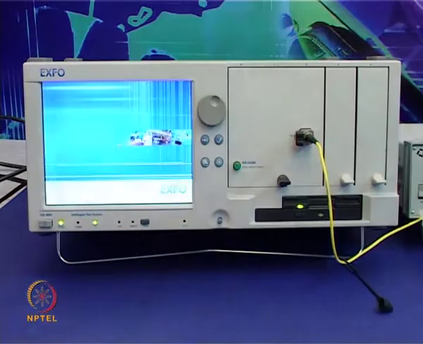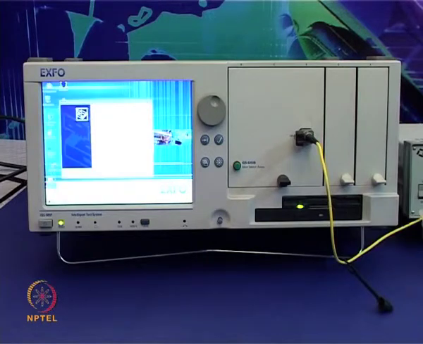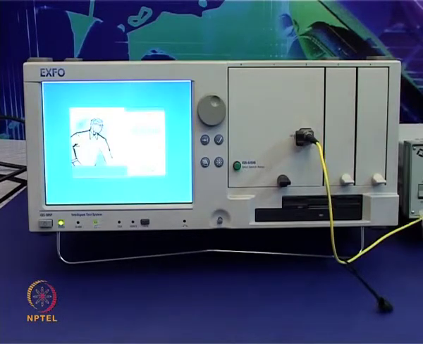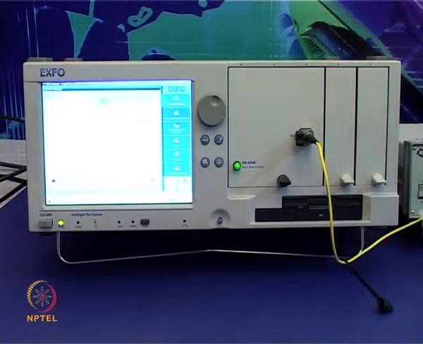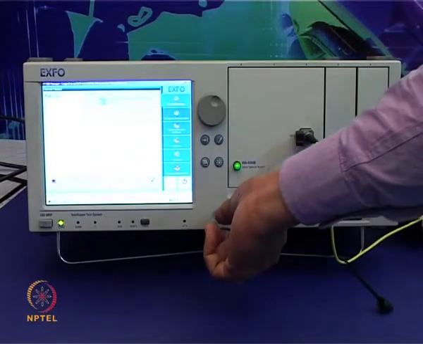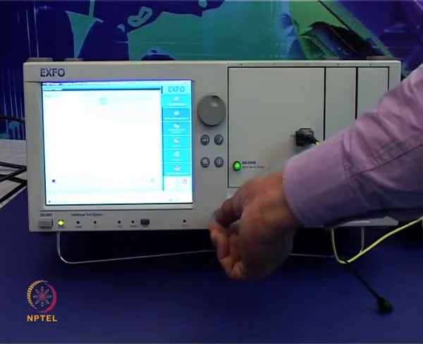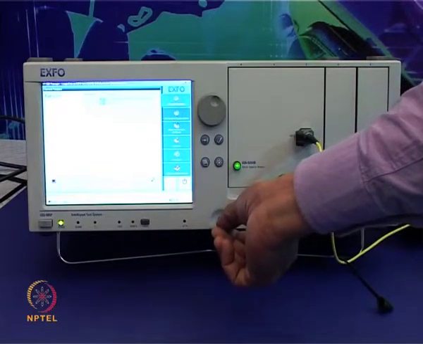The demonstration of optical spectrum analyzer. The screen shows the startup. As this has multiple modules, one of the modules which shows optical spectrum analyzer is IQS manager.